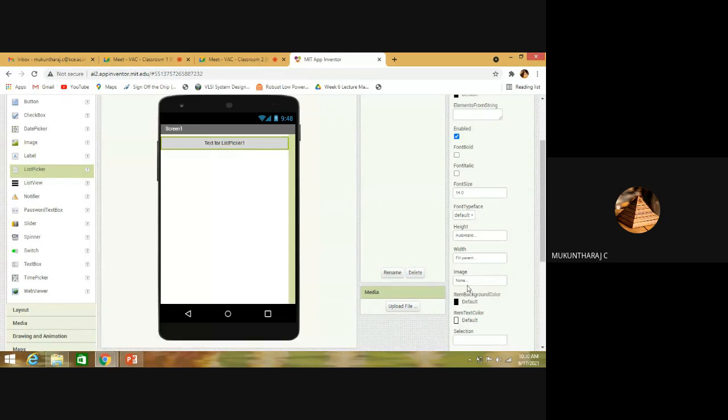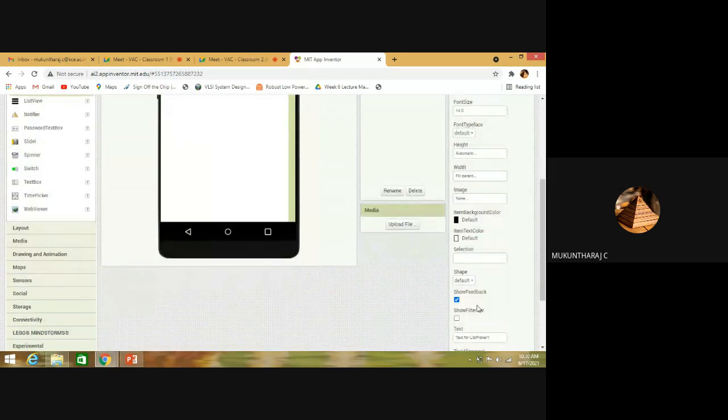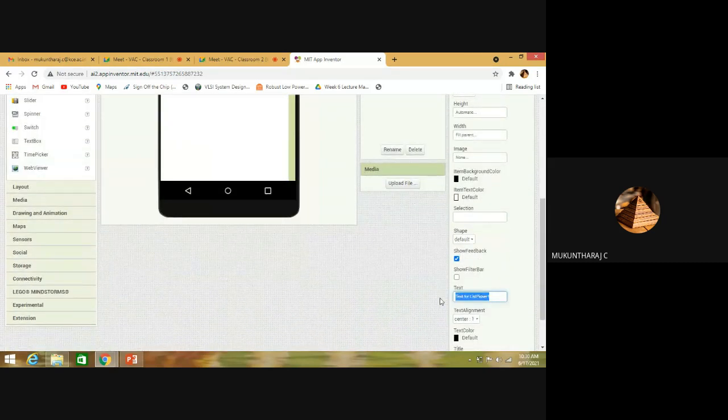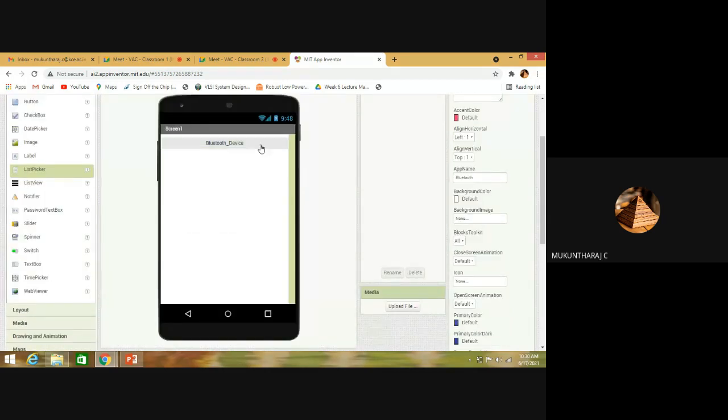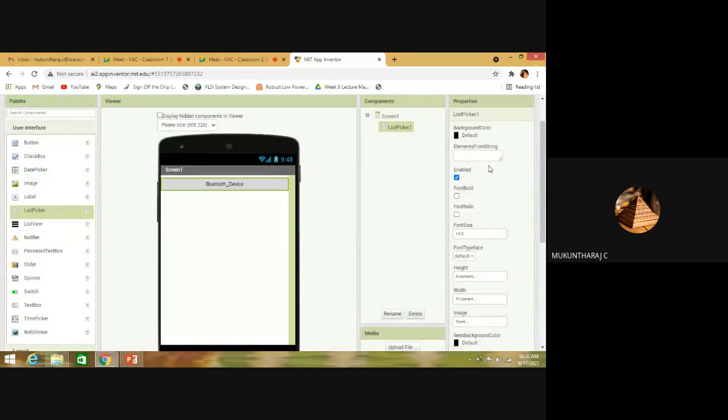Okay, so this list picker must be fill parent. So I can edit this as Bluetooth device. I can change even the color.